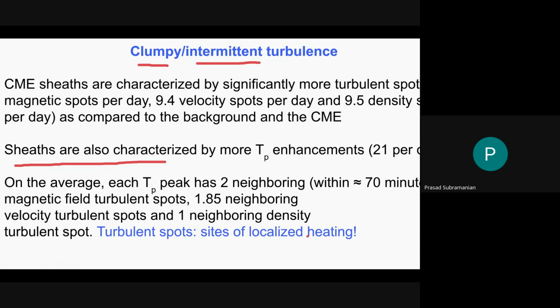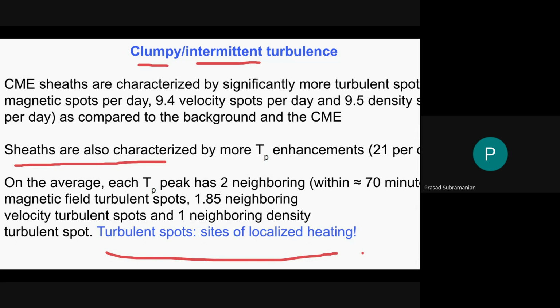And this is something that the plasma physics community has been wondering and thinking about for a long time. All sorts of fancy plasma physics goes into it, transitioning from the fluid picture to the kinetic picture, exactly how protons are heated, what sort of mode conversions are happening, and so on and so forth. You can speculate and theorize all you want. This is evidence that the turbulence spots